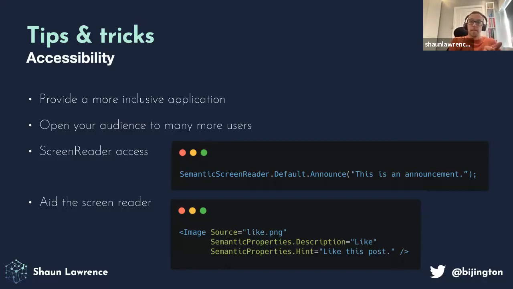And with it, we gain the ability to access things like the screen reader. So when a level is loaded, or if a new boss comes in that we have to fight, we can actually announce this to the player. And then there's things like we can aid the screen reader, or the player. So if we want to render something on screen, and obviously this game engine makes things tricky because we're drawing things on a canvas. It's not something that the screen reader can interact with. So that's where the screen reader comes into play.